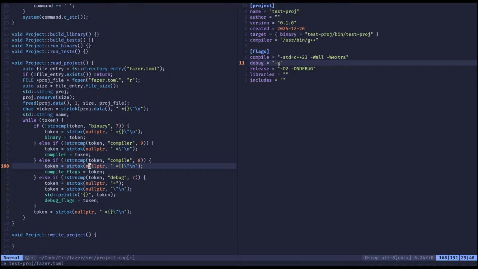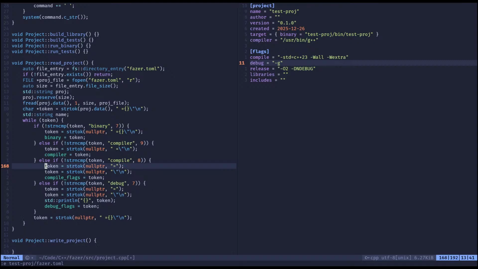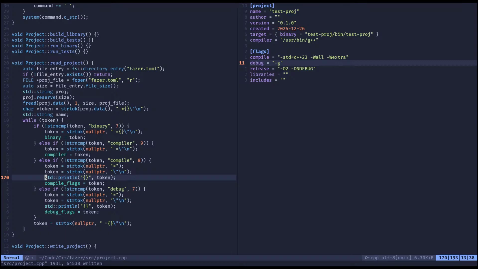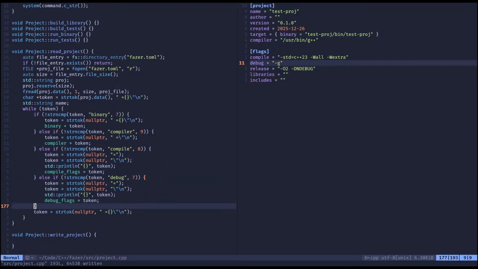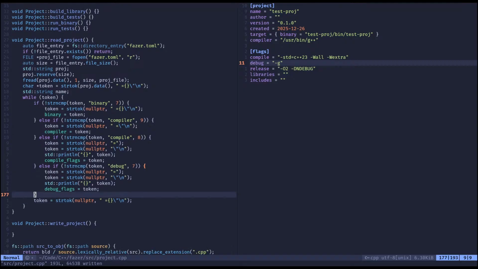We do need it in the compile section, because this is where the flags sit, and the flags are a particular case. So I'm going to do this. Debug is there. That should be sufficient. I want to go ahead and copy this because I want to know roughly what's in there. Okay. And then this, that's not really relevant. Let me go ahead and